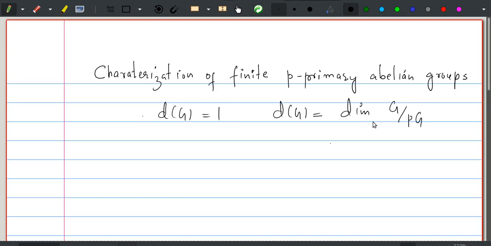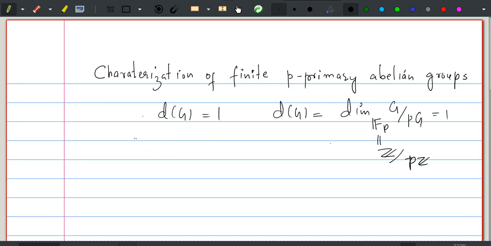over some finite field, say F p. The field F p, this can be this field as well. I mean this dimension of this vector space over this field is defined to be equal to d G. So all groups with d G equal to 1, we are going to characterize all such groups. Now before we proceed further,